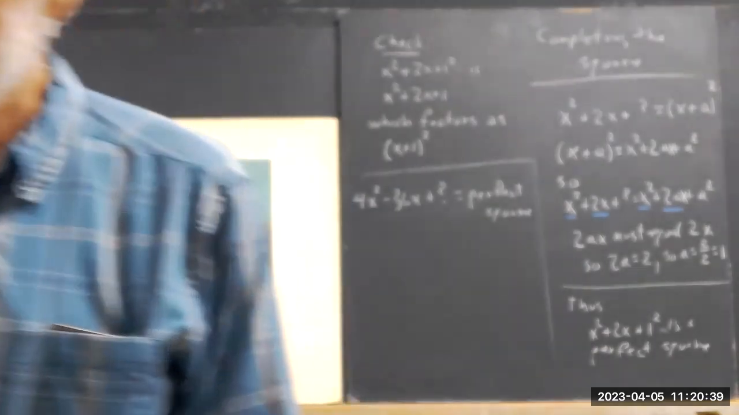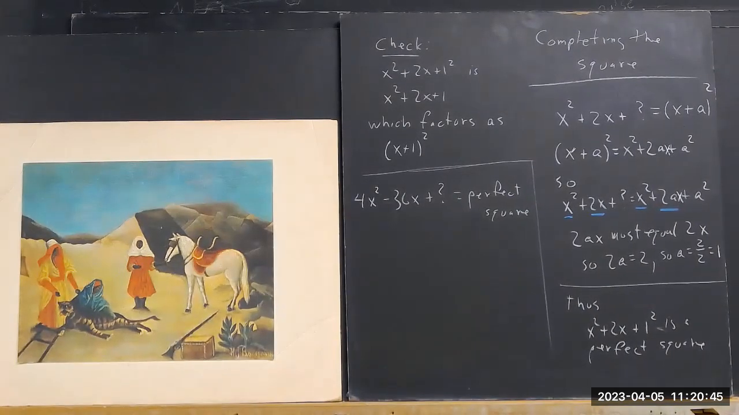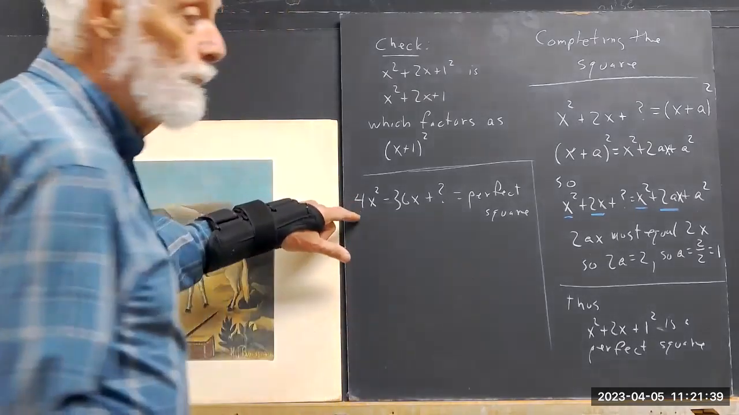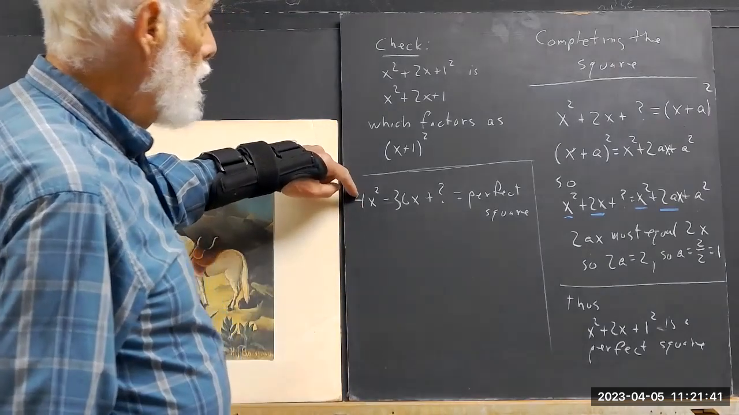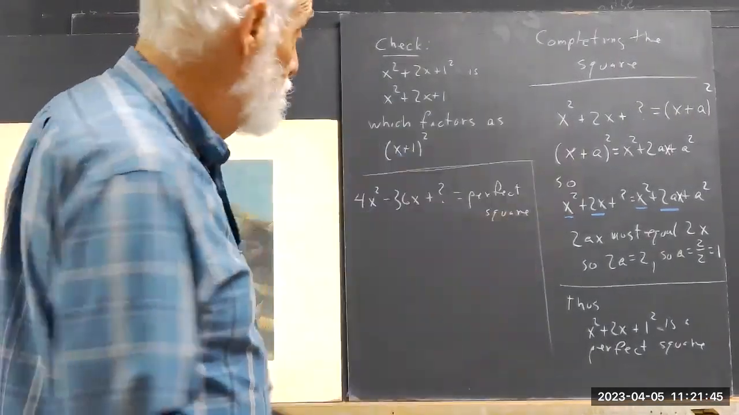Now, you happen to remember what you do in that situation, and the doggone camera's all blurry again. There we go. You do remember you factor out the 4, and once you factor out the 4, you've got a monic polynomial. So you get